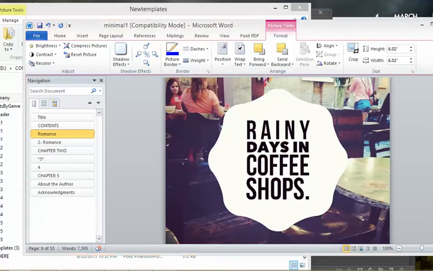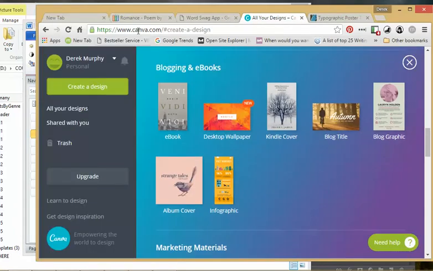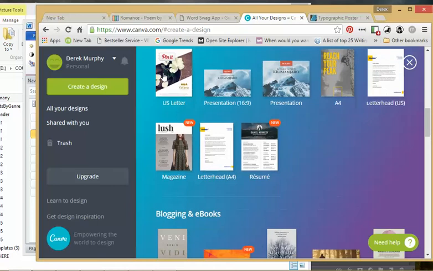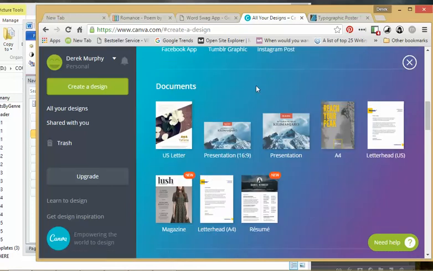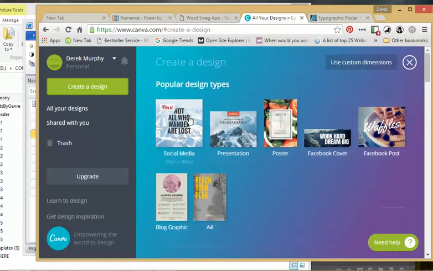You can also use Canva. Canva is something I love. I should use it a lot more often because I know how to use Photoshop, but Canva is just easier and it looks really good. So for example, social media posts, these are 800 by 800. That's not quite big enough for your print book. It's fine for online, but for your print book,